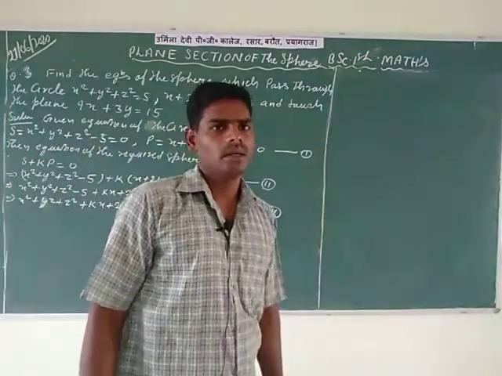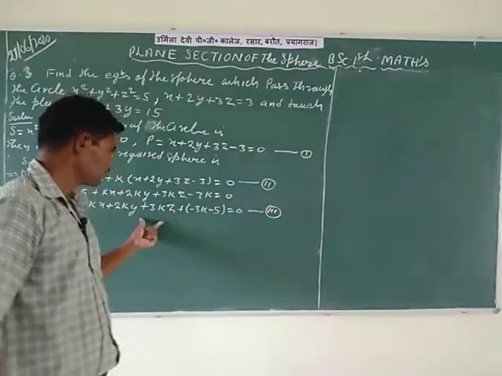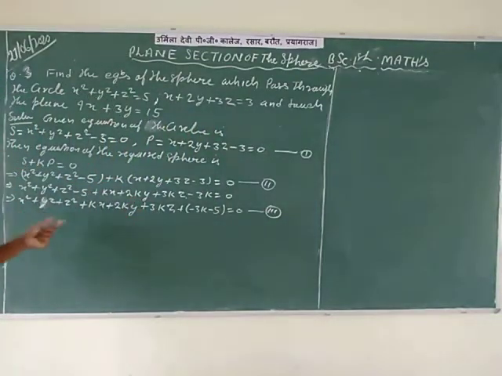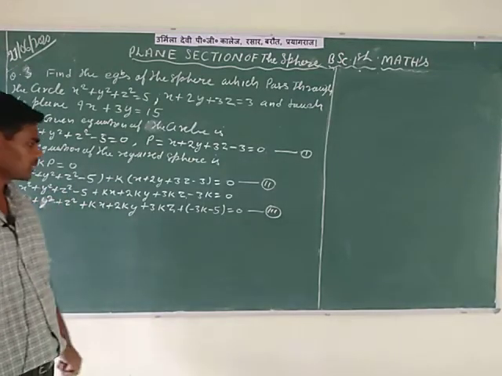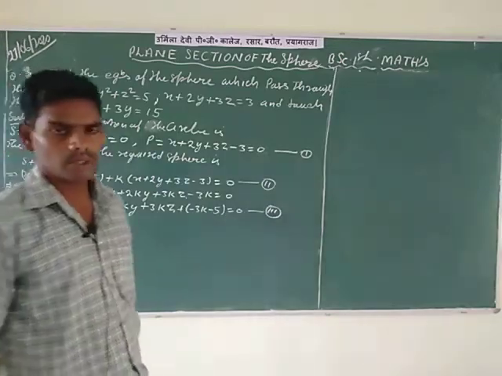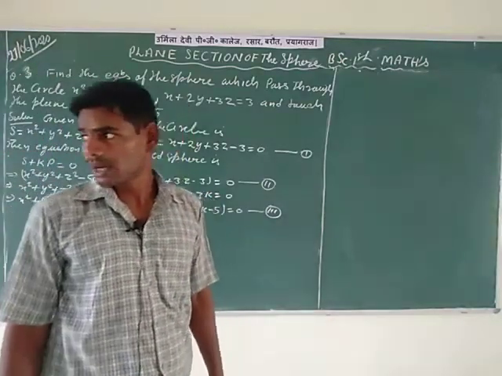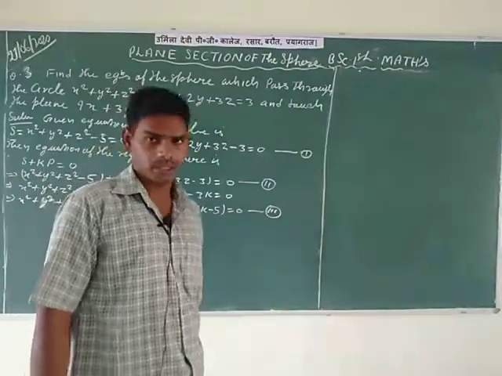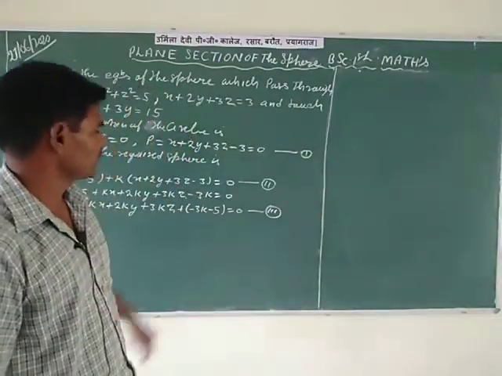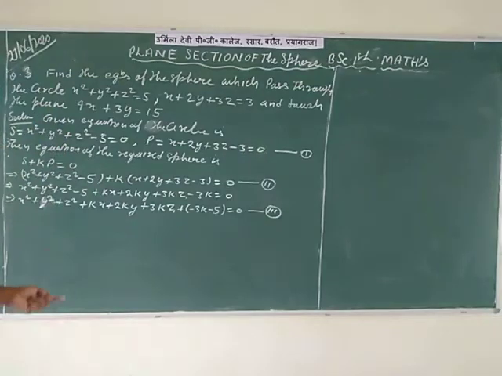After comparing with the general form of the sphere, you can say that equation third represents the equation of a sphere: x square, y square, z square plus kx plus 2ky plus 3kz plus numerical values minus 3k minus 5 is equal to 0 is the third equation. The third equation is the required sphere equation. But here the problem is the value of k. k is the unknown number.